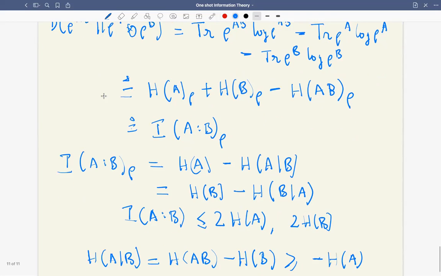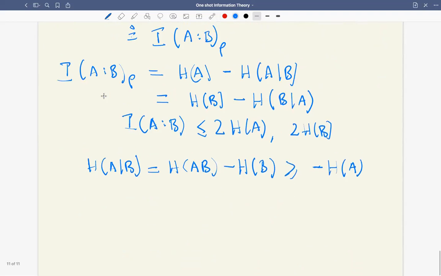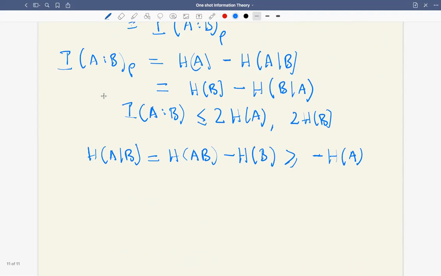So even though there is quantum weirdness in entropies, and entangled states have very strange conditional entropies, still the mutual information picture is not that weird. Mutual information is positive exactly as in the classical case. This is one non-trivial fact. And so in fact, it already gives a consequence which is more non-trivial in quantum than classical. This says that